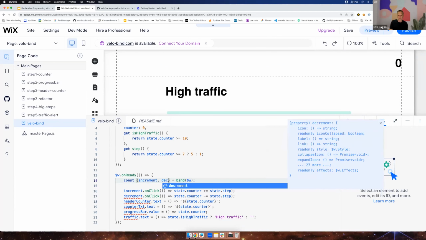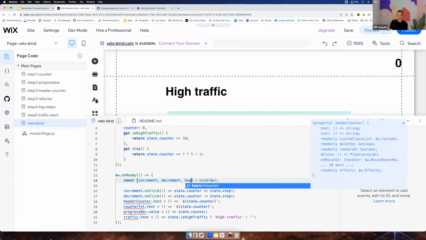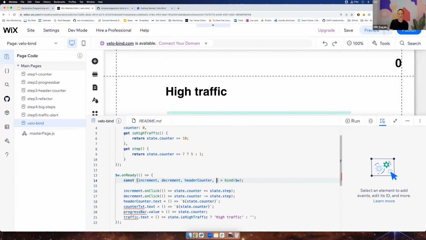So you can see I have all of the elements, and I don't need to use the $w select with the string. It might look old-fashioned for some. For me, it's cumbersome. I don't like the $w and giving it a string. I much better deal with objects like this. Progress bar and traffic. And if I try to extract XX, I will get an error because there's no element